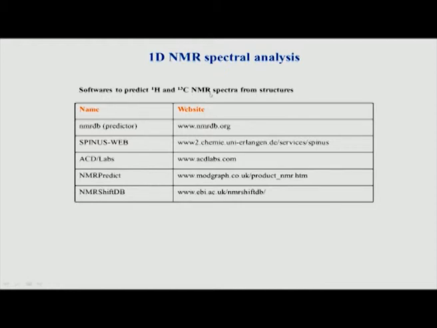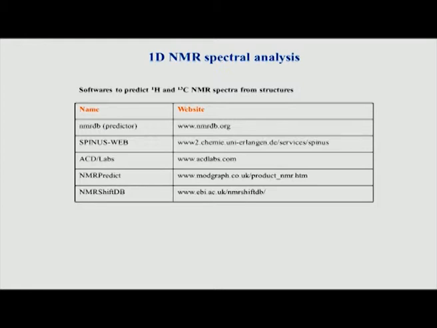When we say spectrum, basically it means we are trying to get the chemical shift values given the structural information. So, if you know the structure of the molecule, you feed the structure into one of these softwares, and the software will then give you the chemical shift values you expect. If you compare that with your spectrum, you can now do what is called assignment: given a chemical shift value, a peak in a spectrum, you want to find out which carbon or proton it belongs to in the molecule.